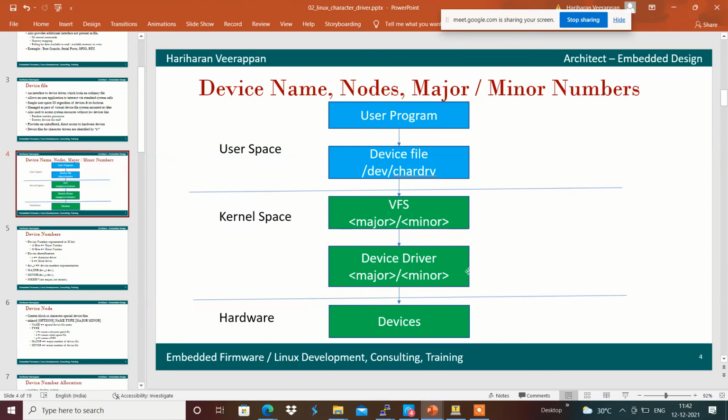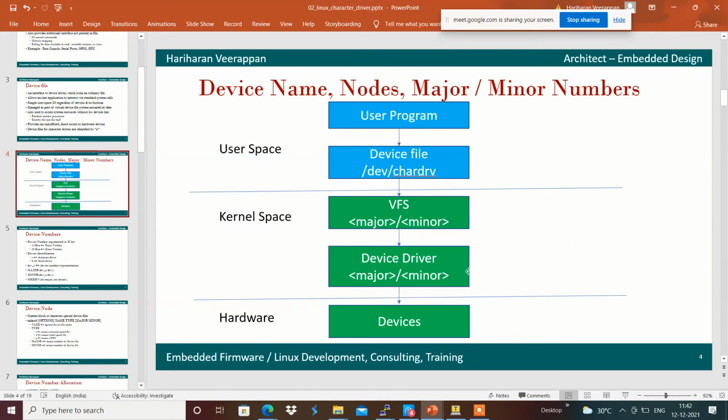The device file linking to the device driver happens based on the major and minor number. Major and minor numbers get allocated with the help of register_chrdev_region or alloc_chrdev_region, and then the device file can be dynamically created by the kernel module with the help of class_create and device_create functions.